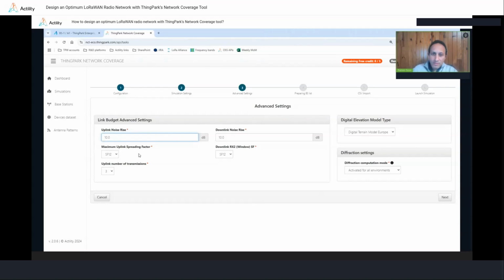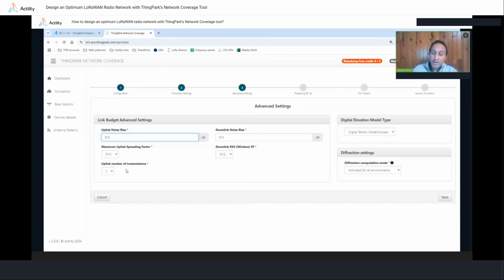So for uplink, it's important to make sure that according to your local regulations, but also according to the capabilities of the devices you intend to deploy, that you provide a combination that allows you to stretch as maximum as possible your coverage. So for example, if you use European deployments and your devices can go up to SF12, which is the lowest data rate or the highest spreading factor, and they are allowed to use repetitions, it's good to consider this combination to maximize your uplink budget. It doesn't mean that all your devices will have to use this combination in the field. It will be just the case of devices which are at the cell edge requiring higher link budget to still remain connected with the network.